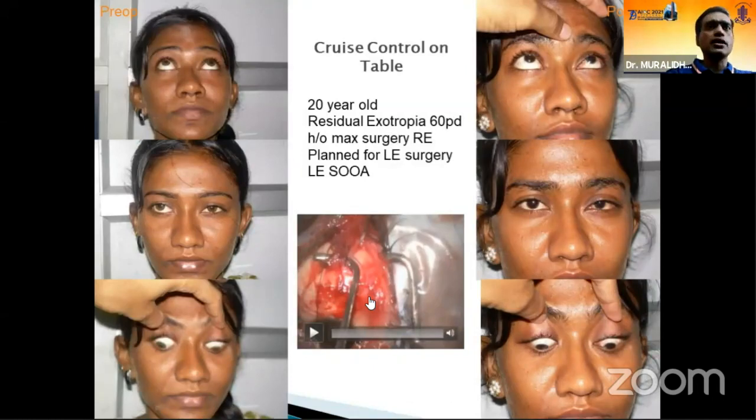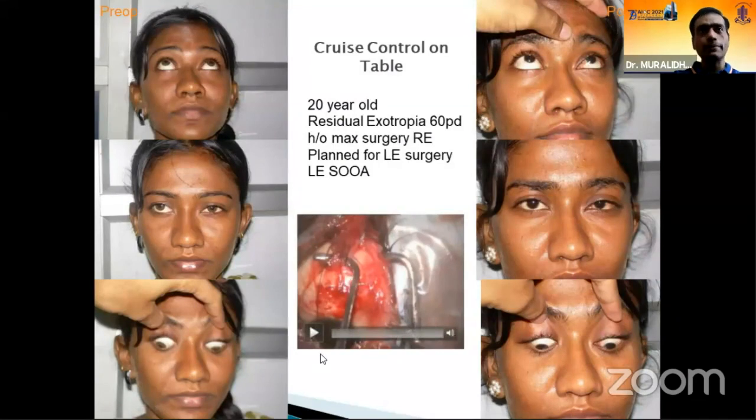So now, it is very difficult if you get surprises on table. So this patient had an exotropia since childhood, was operated in another hospital. She said only the right eye was operated, but both eyes were red. Mother remembered that both eyes were red after surgery. There was no record of left eye surgery at all, but there seemed to be a scar over the left medial rectus. So patient had a preoperative exotropia at that time also. And mother said there was not much difference after surgery.